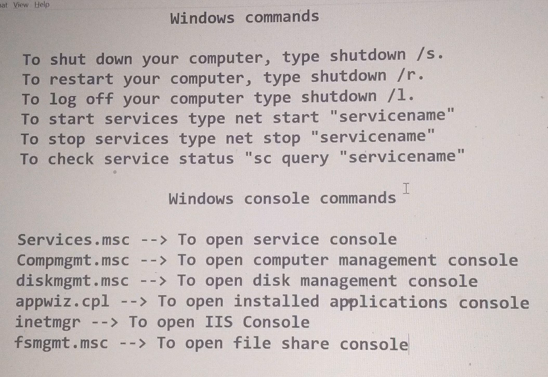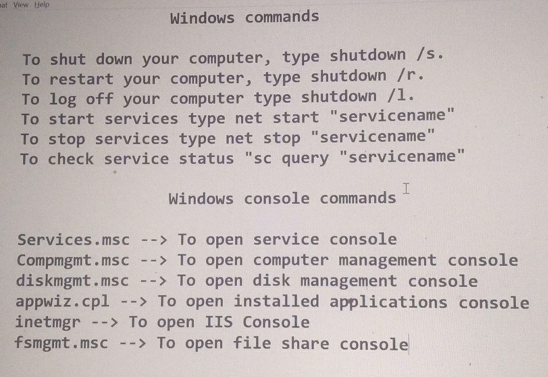The first thing I'm going to explain is the commands used to restart or shut down our systems. The command is shutdown hyphen s.